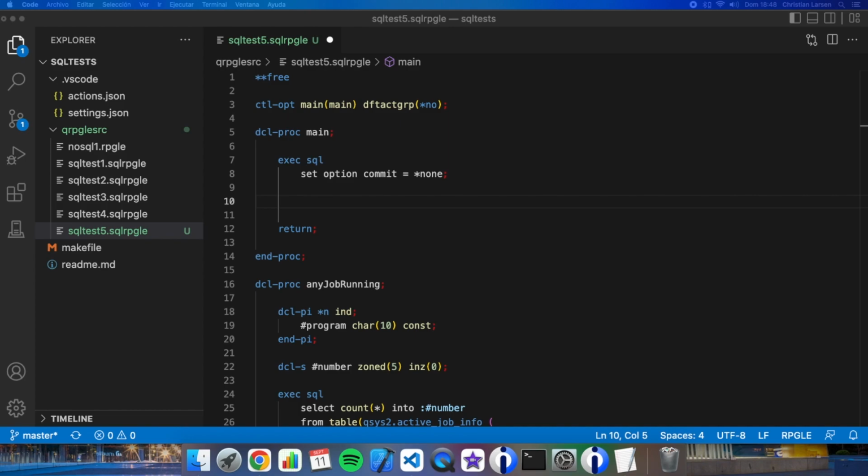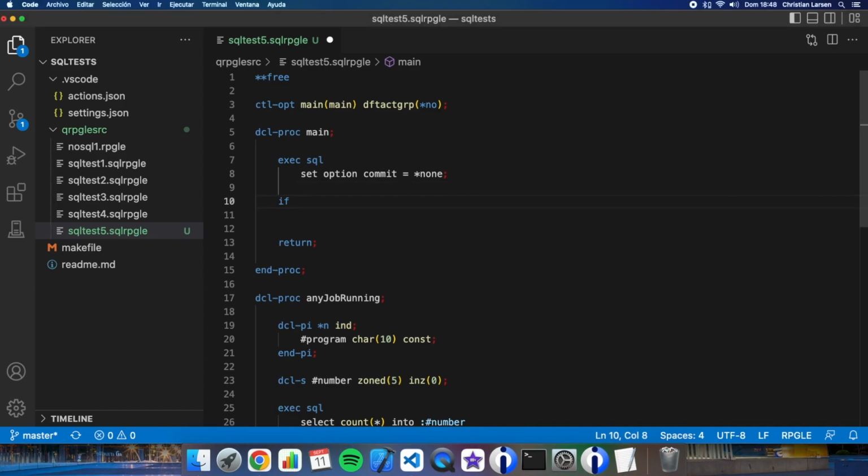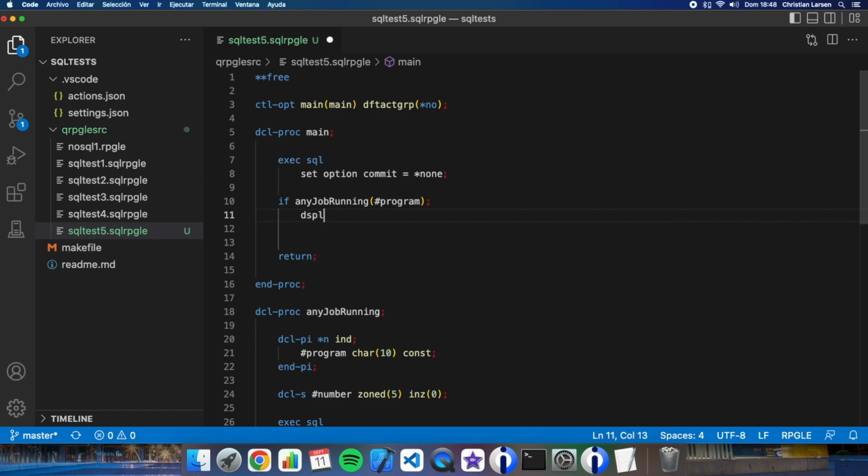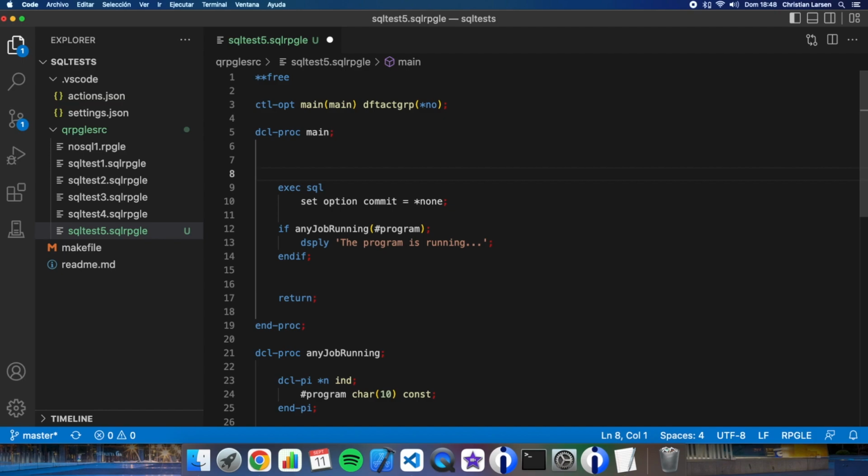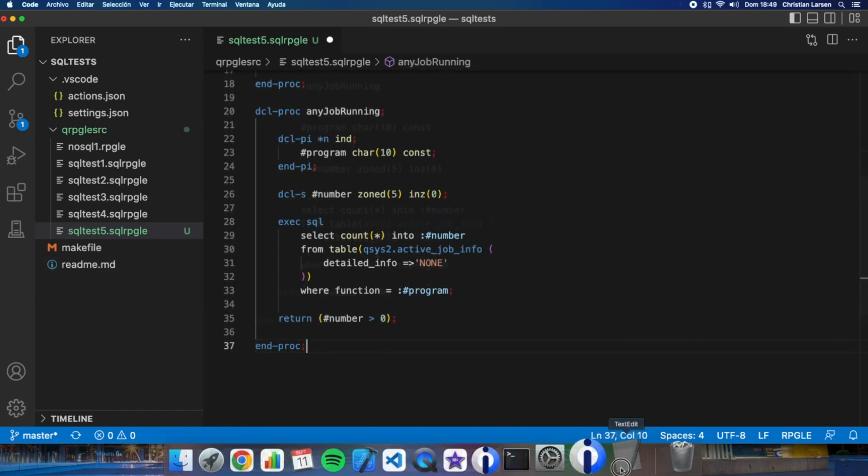well, let's write it. If any job running program, if this returns 1, the program is running. Okay, let me declare here program, and well, I'm going to check all this program, for example. Okay, let me write the